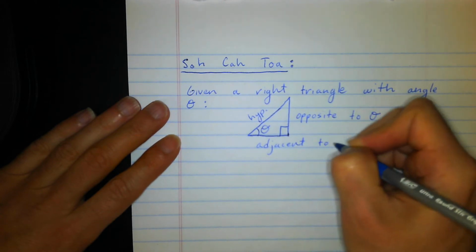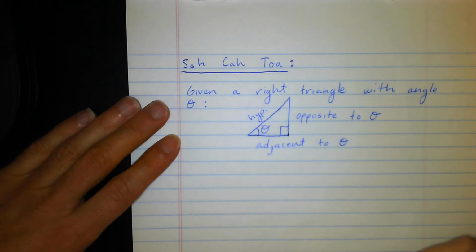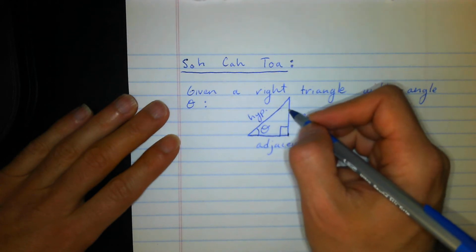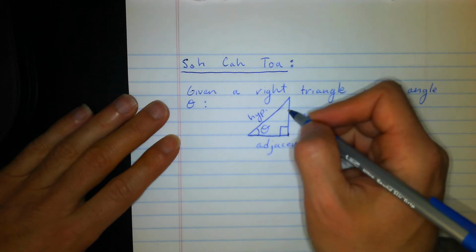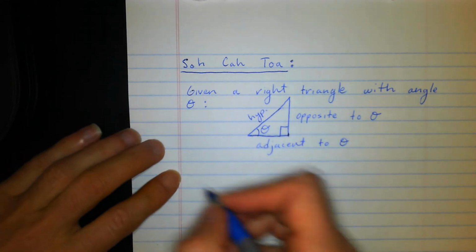So we always talk about these sides with respect to the angle given. Now if I were to call this angle alpha, for example, then this would be the opposite side to this angle here. Okay? All right, so given this right triangle,